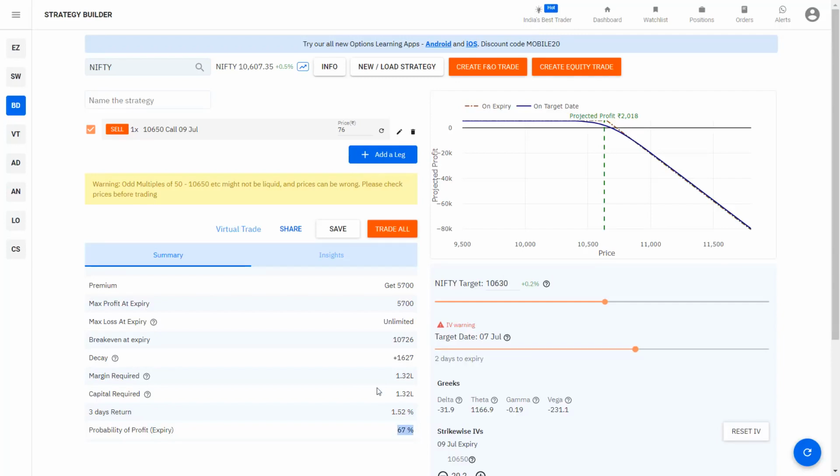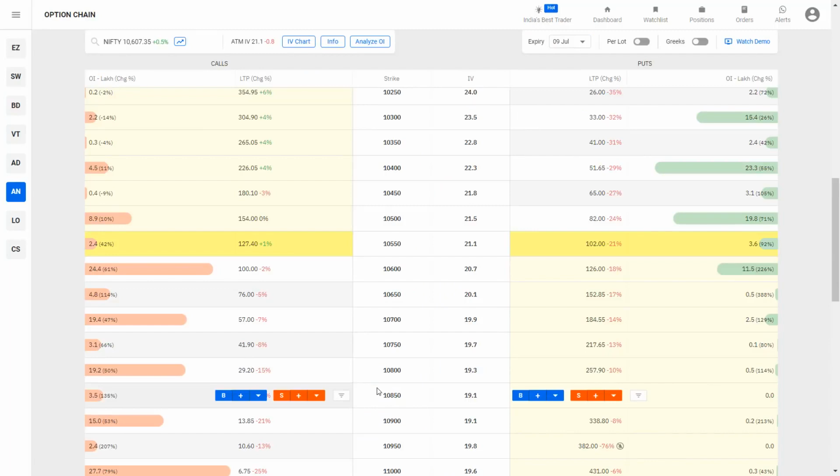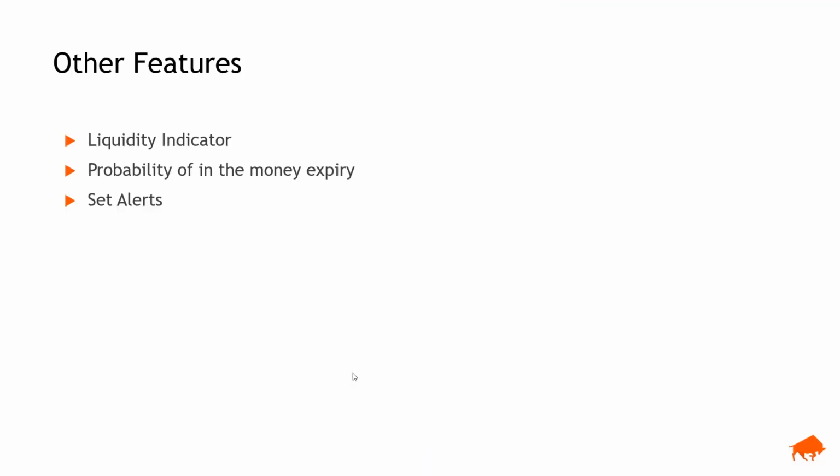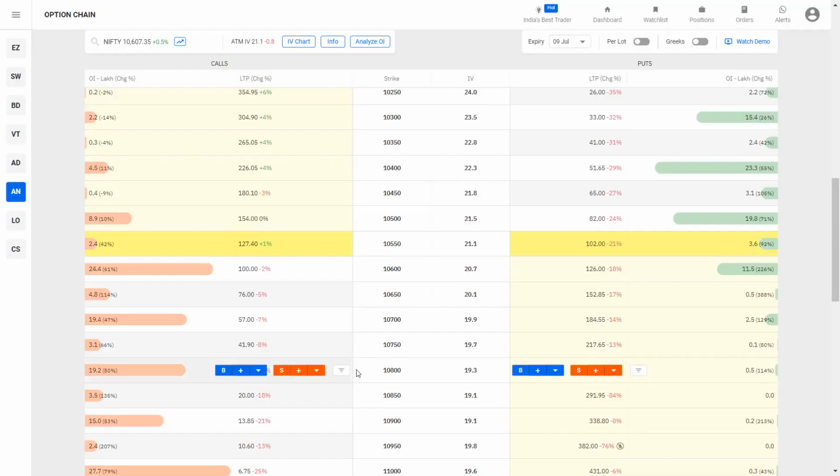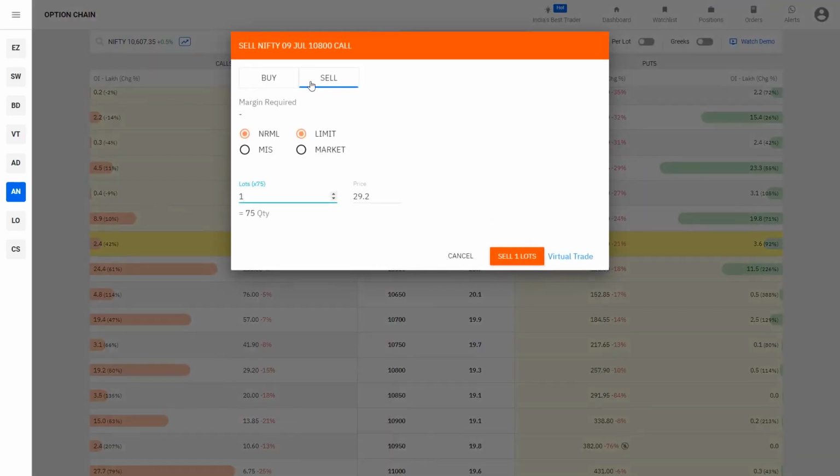It's very, very interesting to get all the data at one place before putting the trade in. So let's switch back to this. What else can you do? You can do virtual trading. This is very useful if you're a beginner. So let's say that you don't want to do the trade, you're just experimenting, you're new to options. What you can do is you can say that I want to add to a virtual trade. So this creates a trade without real money on this option.